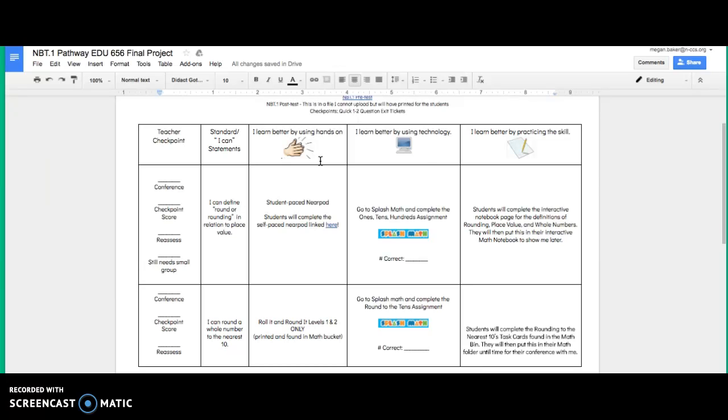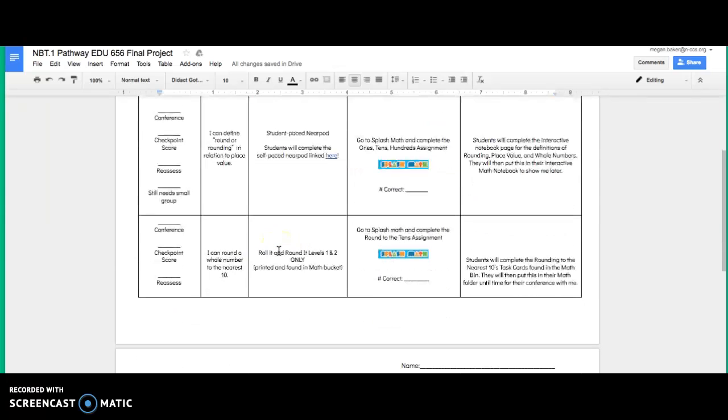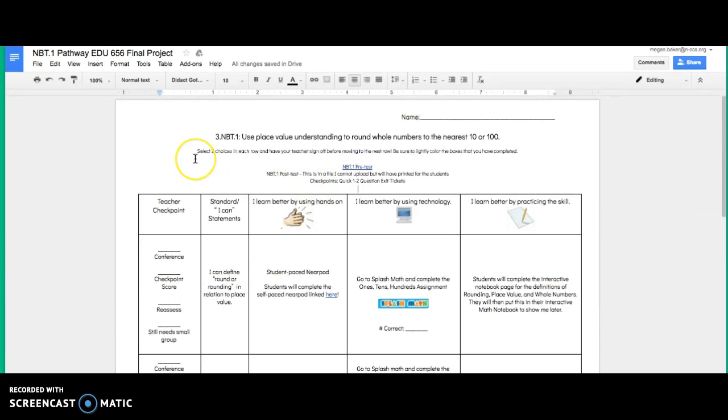the next standard. If they do not master it, I will look at their post-test and see, there obviously had to be a reason that they mastered every I can statement and every pathway and didn't master their post-test. So I will look and see if that's either silly mistakes, them just not taking their time and not being neat, or if there is just a little deficit in one of the standards, and based on that, I will either reteach and retest again with a different made post-test, or I will just figure out what needs to be done